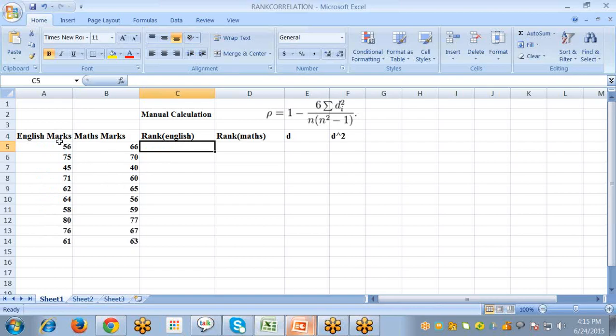So we have to give rank for this column. The highest marks should be the first rank, and the others are arranged from there. There are 10 rows, so I am giving rank from 1 to 10. So 80 will be the first, then 76 would be the second, 75 will be 3,